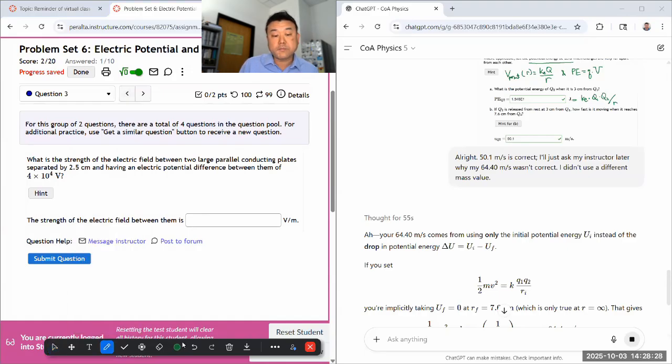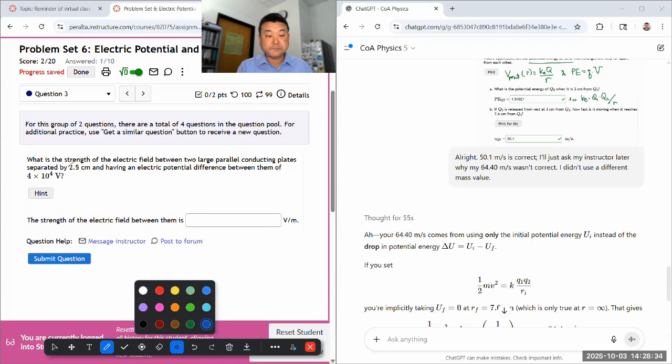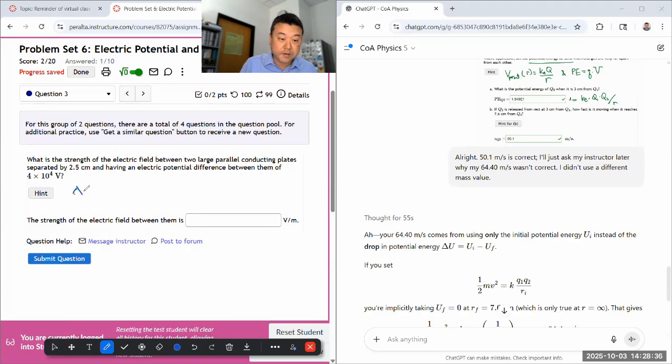Once you remember the relationship between voltage and electric field and the distance, then what you should be using is really delta V is equal to minus integral of E dot dl. So if it's delta V from A to B, or I might be making a sign error, something like this. That's what you should be using. Then with a constant electric field, it becomes super easy.